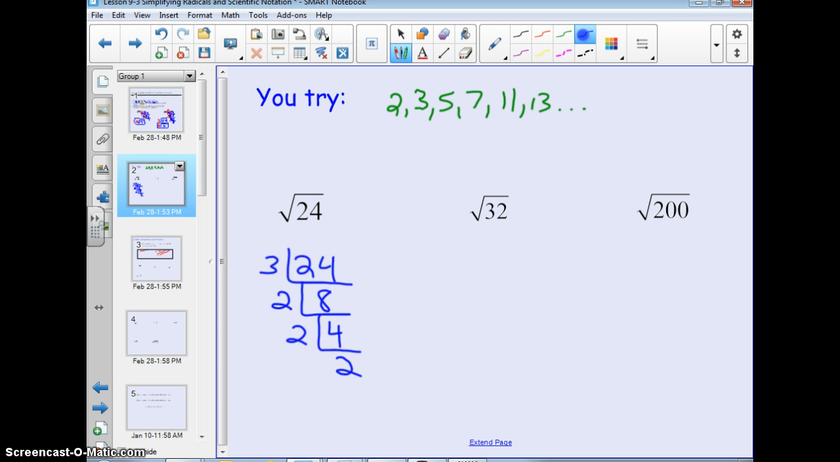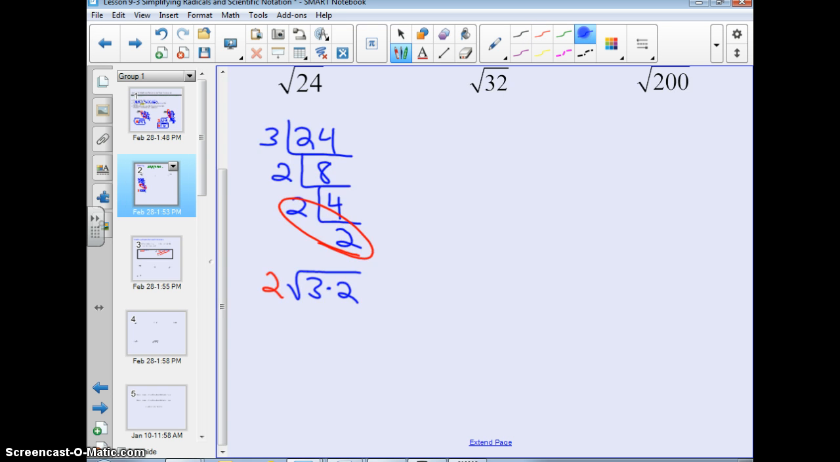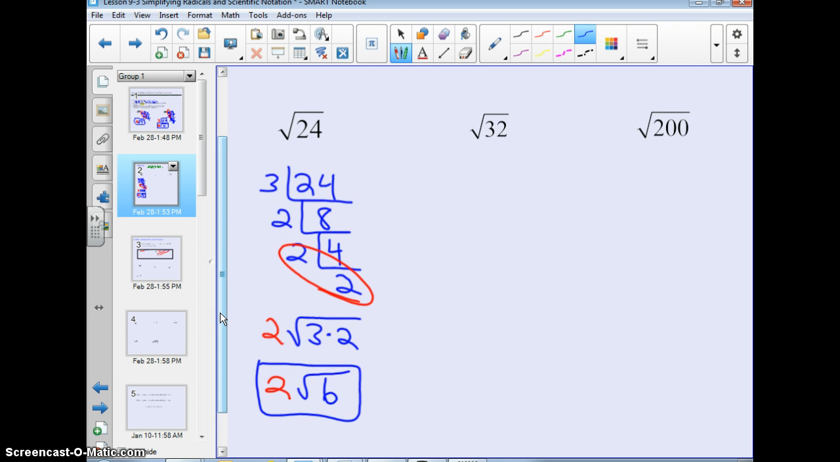So we just listed out all the factors. I'm going to stop at 2 because it's a prime number, and now I'm going to look for all my pairs. So I have a pair of 2's right here. That can come out. And then I have a 3 and a 2 left over. My 2 leftover factors go inside the radical, and I'm going to multiply those together to get my final answer. So my final answer would be 2 square root of 6. Okay? For square root of 32,